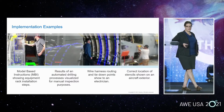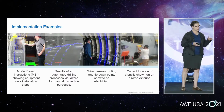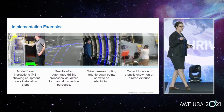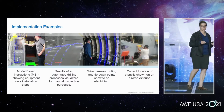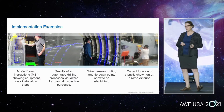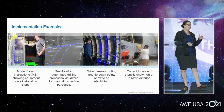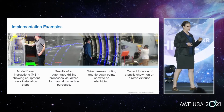Here are some other examples of implementation. So we have model-based instructions being delivered to show how you're going to wire and install equipment into a rack. The installation steps are getting highlighted of what needs to be connected where. The second one is an example where we've been monitoring the data on a piece of automated equipment that's doing some drilling